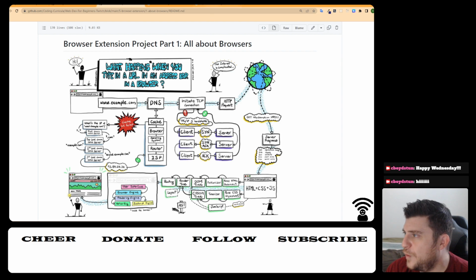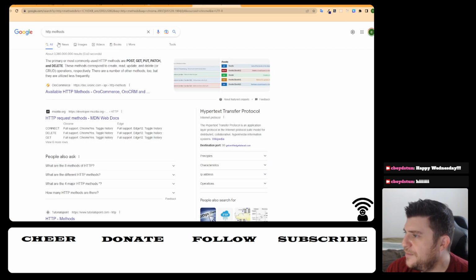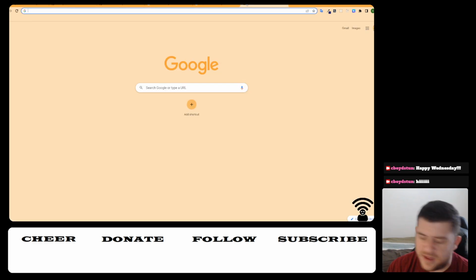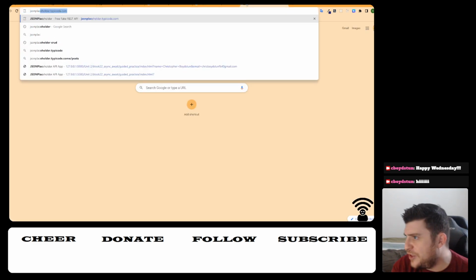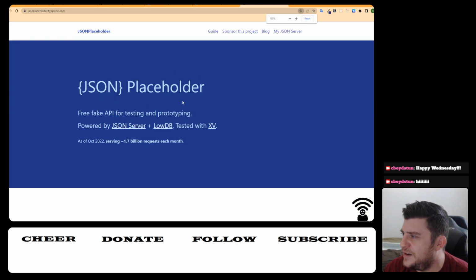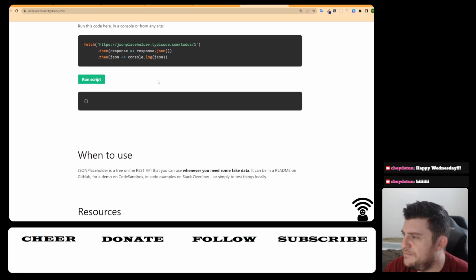And there are numerous ones. There are more than these, but these are the ones we need to focus on. So you start with a GET, and anywhere you go in your browser, there's a GET. A good example of this, let's go to JSON Placeholder, which is an amazing free API. I need to do a shout out to them